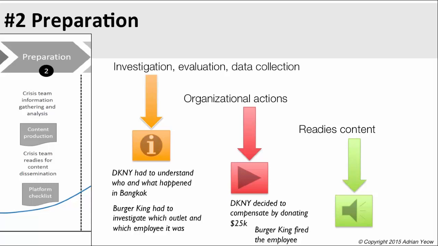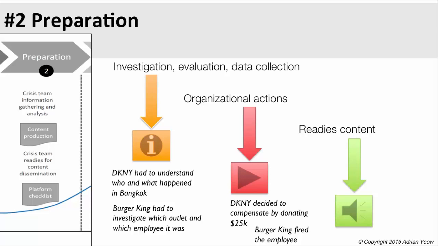Once the initial information is available, the team has to quickly decide whether to escalate it to some senior executives or to decide on the appropriate actions to take by themselves. In DKNY's case, someone had to decide whether to compensate the photographer, and if so, how much. In Burger King's case, the main thing was to decide what to do with the culprit. At the same time, another group of the team had to prepare the content for dissemination once the actions and